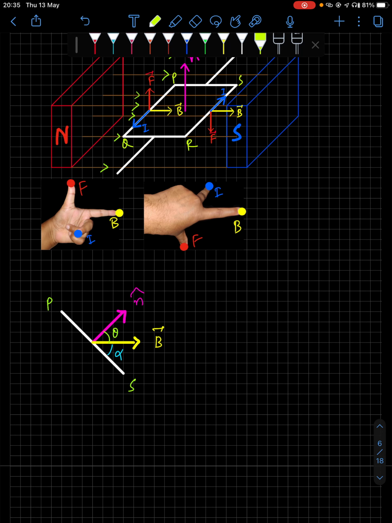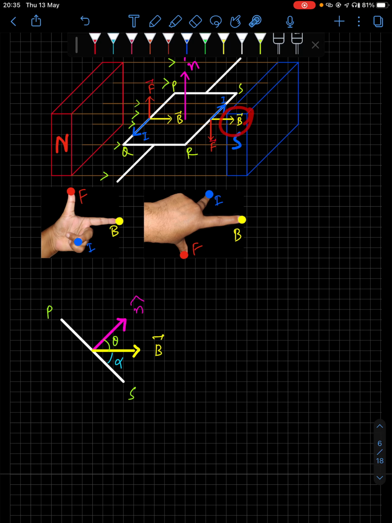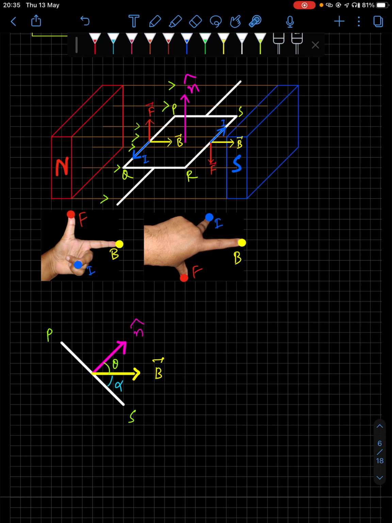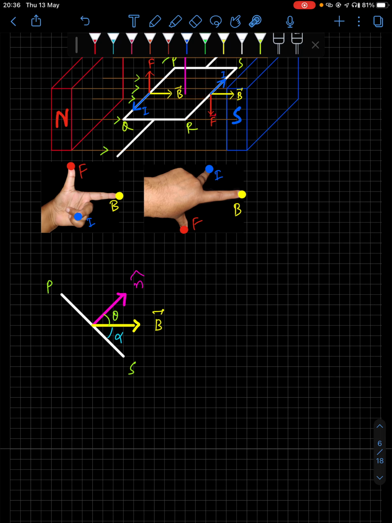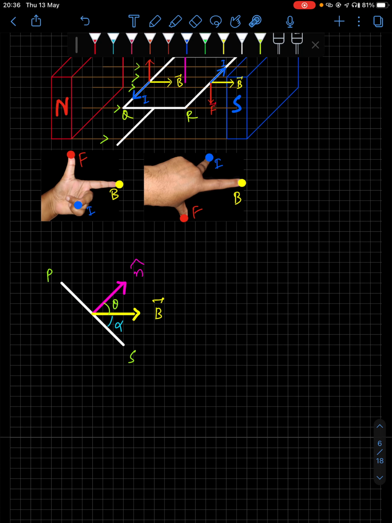Now what is n cap? What is theta firstly? Theta is the angle between the magnetic field vector B and the area vector, the direction of the area vector represented by the n cap unit vector. So this is theta, here it is 90 degrees. If it is aligned at some other angle, like here, if the B vector is along the right, then n cap, the area vector, is along this way. So this is theta. In some books or sources, you find this theta being taken as this angle, or we will see it with the help of alpha. We'll take this angle as alpha, and we'll see the other relation for torque.